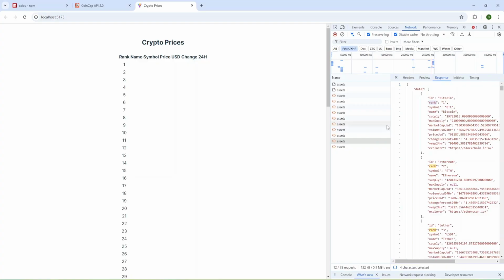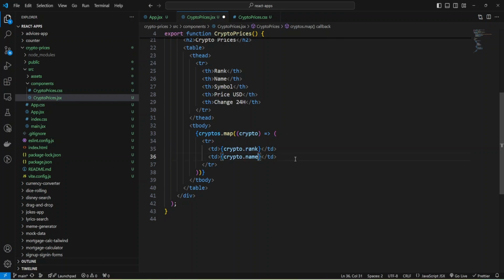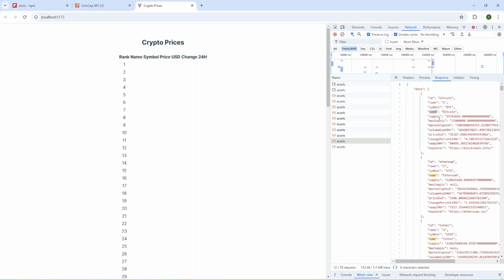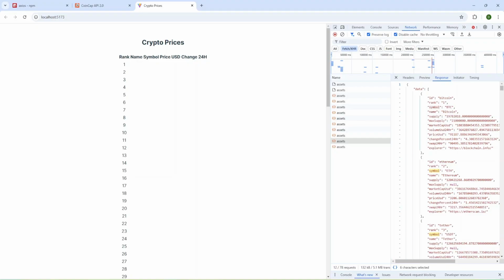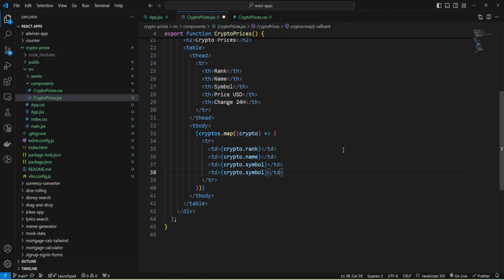Okay, and let's check, and as you can see, we have our rank, and let's add more data. And next we can add name, and also we'll have symbol, and I'll copy it from here. Okay, and also we need to add price, and I'll have it here. And let's check.